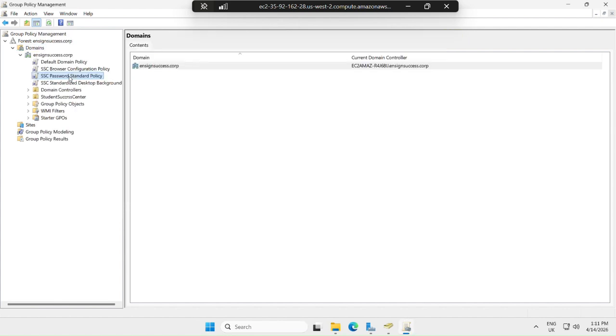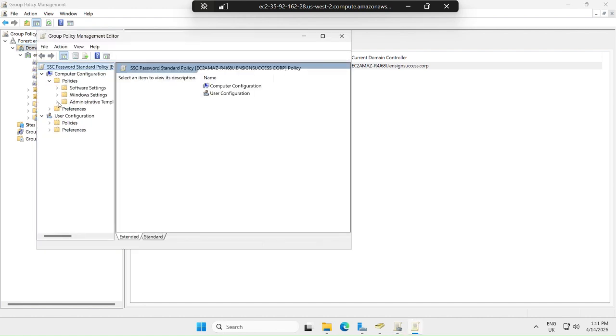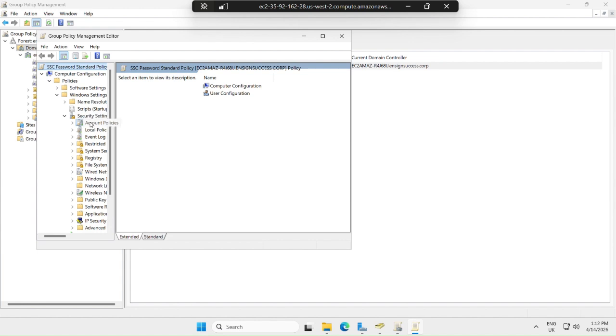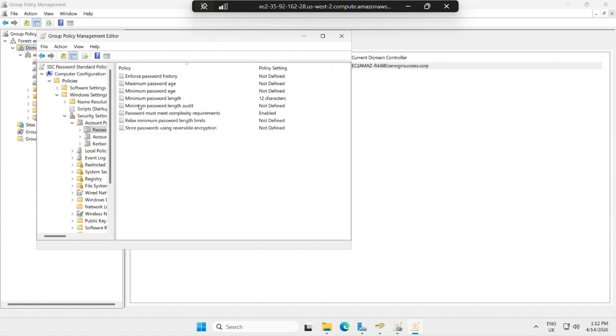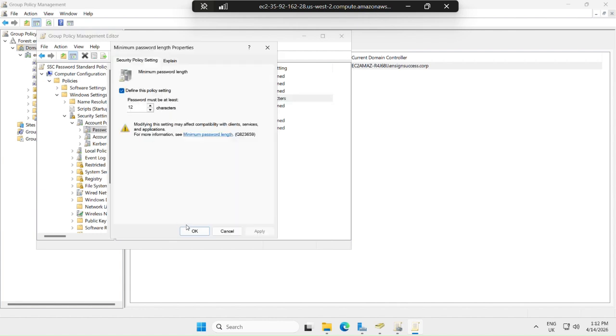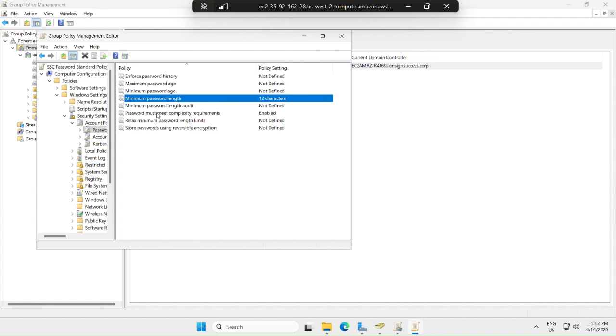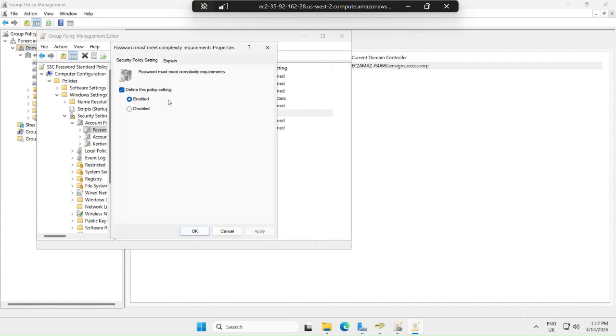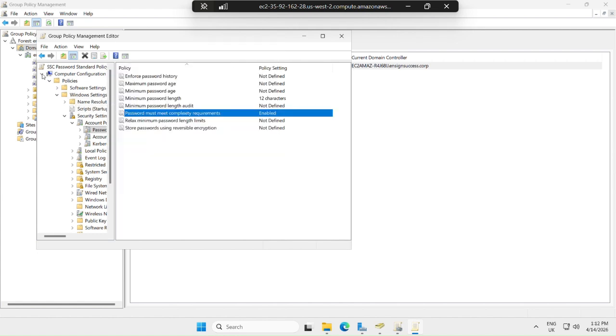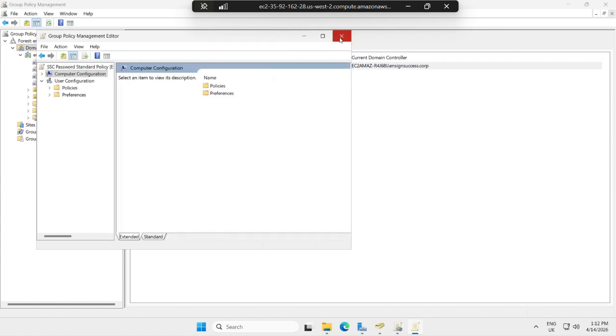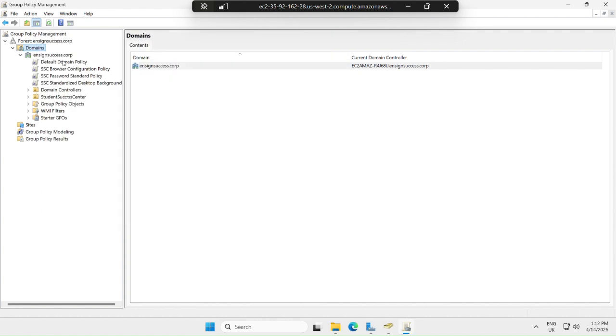Then for the password, I did the same thing: edit, computer configuration, Windows settings, security settings, account policy, then password settings. We were asked that the minimum password length should be 12 characters, so I enabled it and added the characters. We were also asked that the password must meet complexity requirements, so I also enabled that. Since the default group policy already has these settings, to avoid conflict, I went to the default domain policy, edited it, and